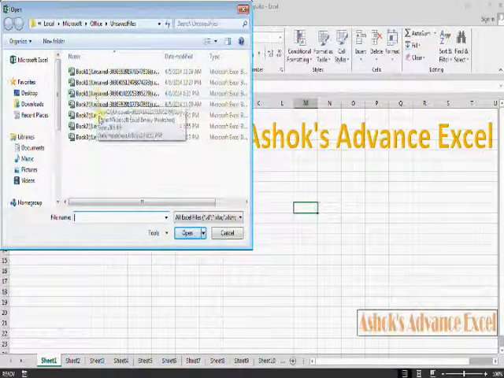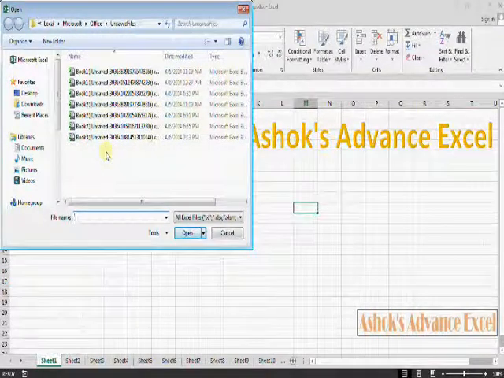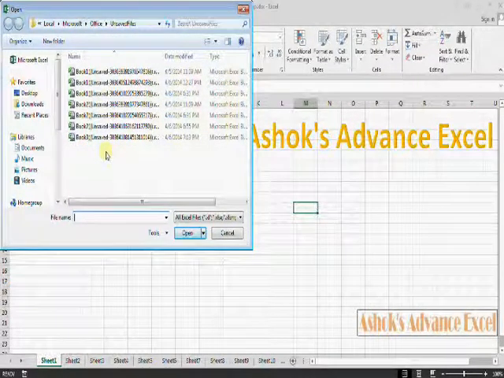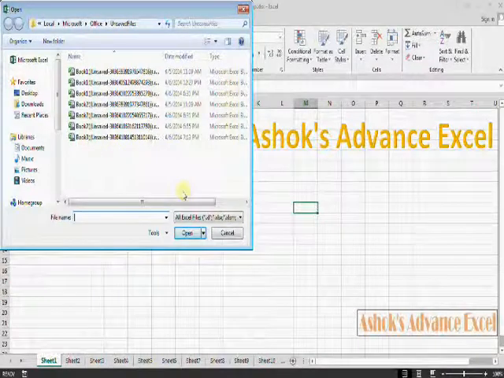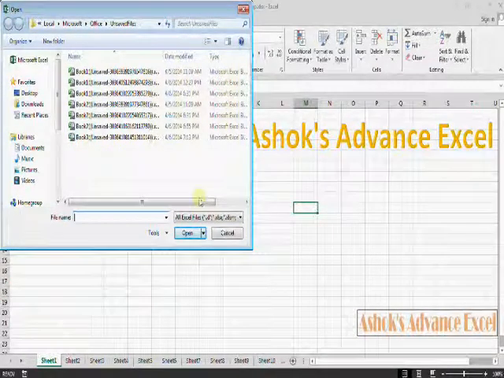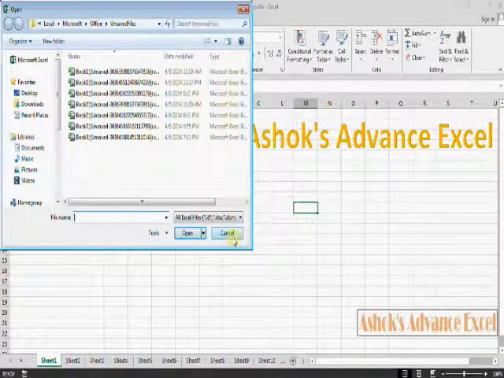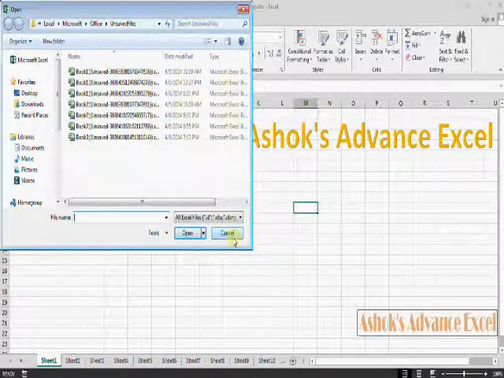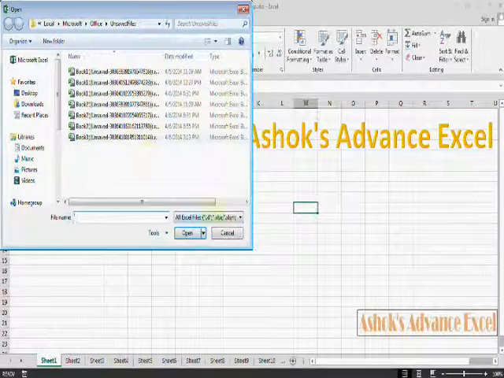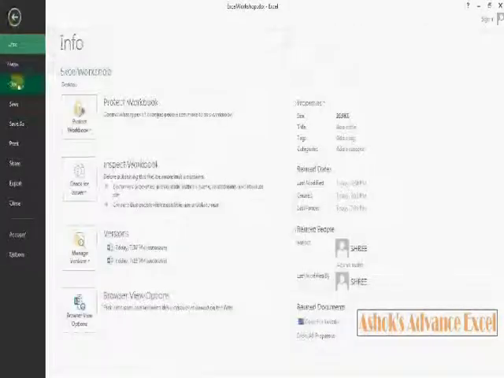So the same thing which we found last time, all unsaved books can be recovered from here also. Last time we went there from the C drive, but we can directly click unsaved files and get all these unsaved files. Cancel and go to the backstage view.